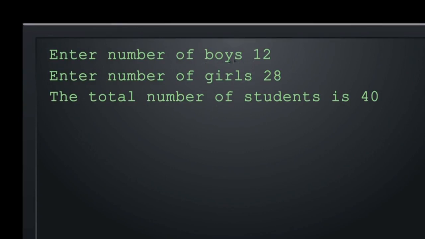Before asking for this value, Dumbo actually gives us this string. Please note, Dumbo does not do this on his own. We have instructed Dumbo to first show us the string and then execute the input statement. We have instructed Dumbo next to show us this string by output and then execute an input statement for n girls. Again, after doing the computations of n students, we have instructed Dumbo to print this string on our screen, the total number of students is, and then give the output value 40.